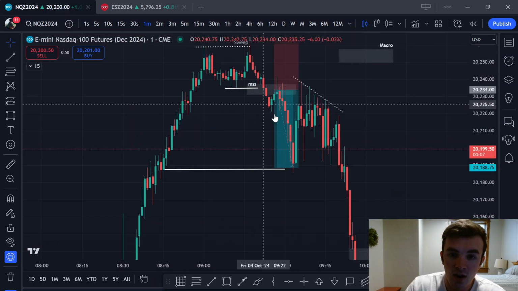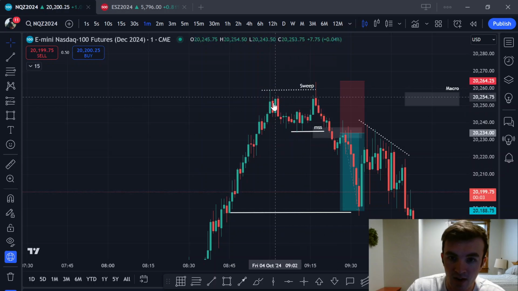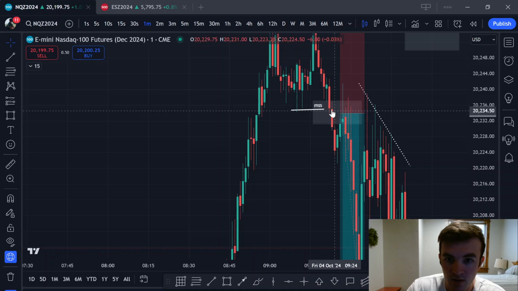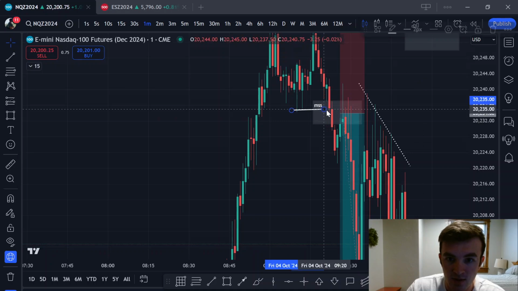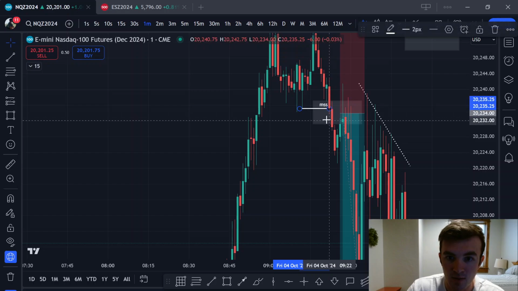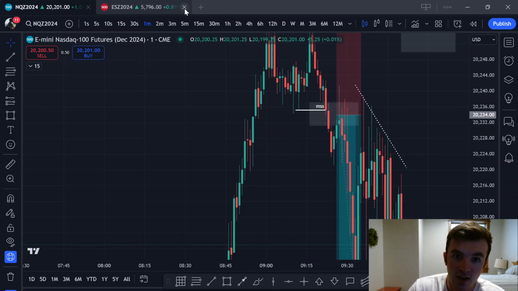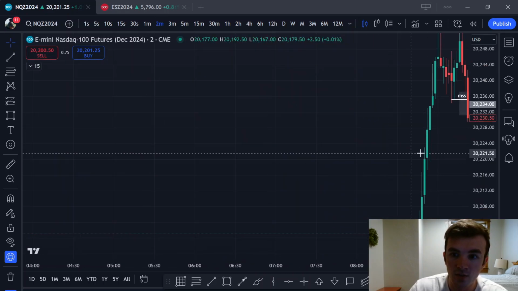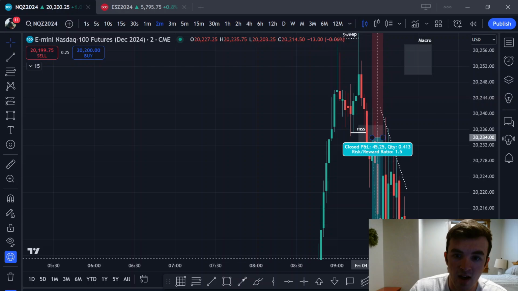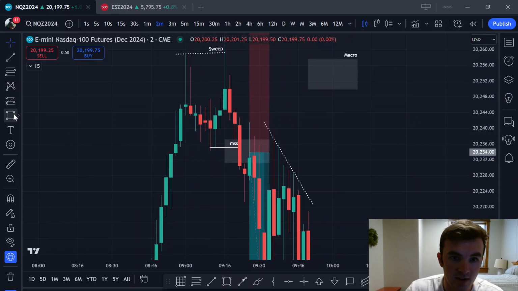So this was not an inverse fair value gap trade. This is simply a TJR type trade where you have a sweep, you have a 1 minute market structure shift where we get a candle body that closes below this old low here, or maybe you mark it out right there. But either way, there's a market structure shift here at some point, and then on the 2 minute you have a fair value gap. So price pushes back up into this fair value gap, which is overlapping with this breaker block right here.